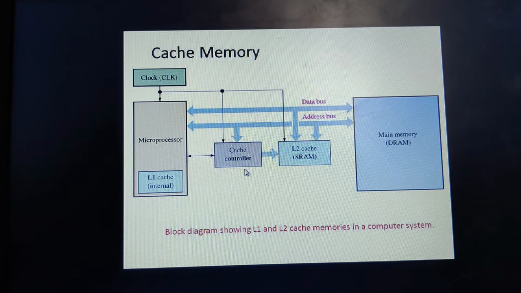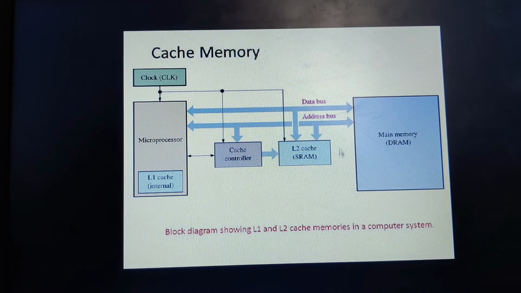So we have 3 different cache memories, that is L1, L2 and L3 cache memory. So what is this L1? L1 is a kind of cache memory. It is the fastest memory and it is smaller in size, placed within the CPU. So usually this L1 cache memory comes with the size of 256 kilobytes of memory. Okay, and next we have the L2 cache memory.